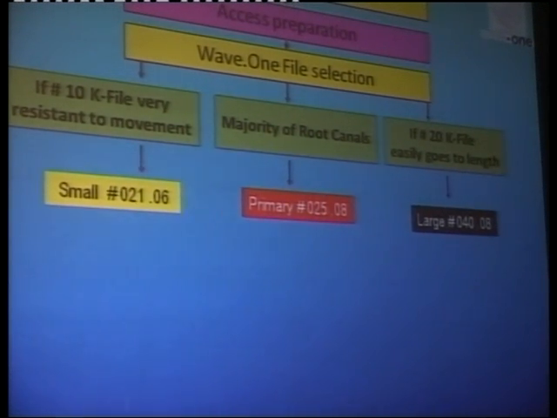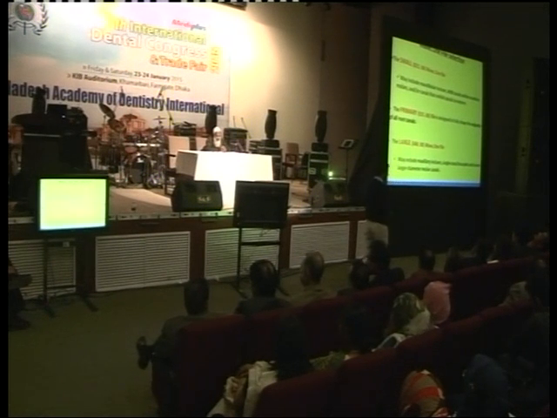If the number 20 file goes easily, then you will have to consider this canal a large canal. Or when the number 10 meets resistance, then you will have to consider it a small canal. Otherwise, all the canals you will have to consider as a medium canal. And you can use the Wave-1 primary file for all the canals, except the types defined by the manufacturer,